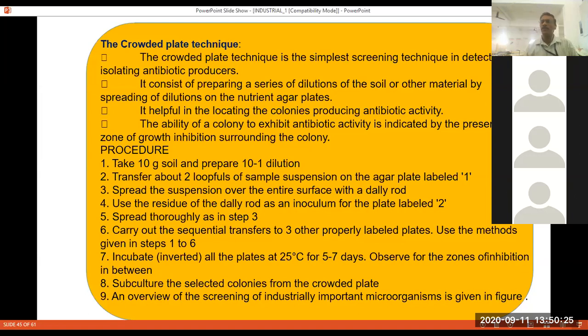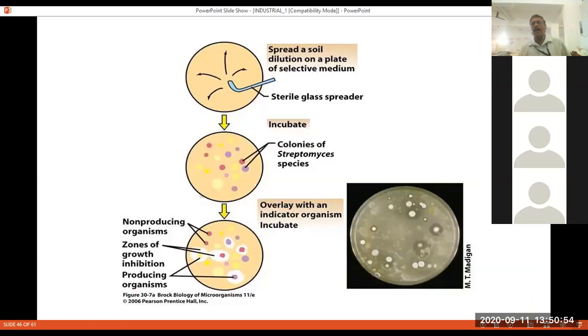Now, after this, you have to put the plates into the incubator at a temperature of 37 degrees Celsius if you are interested in bacterial species. If you are interested in fungi, then you have to incubate it for 48 hours, but at room temperature. So keep in mind, fungi require room temperature and bacteria require incubation at our body temperature, that is 37 degrees Celsius. Okay. Now, this is the diagram. Already, this is a nutrient agar plate.